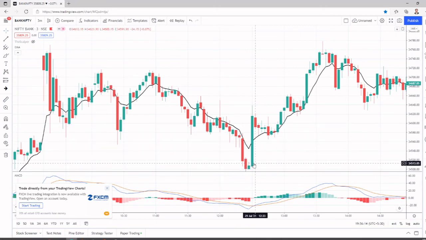So now again we need to go for short. This is the short, but it is false because the price didn't go down, so there is no opportunity. Now from 13 hours onwards, MACD became more than zero and is trading above zero, so we need to look for the buy setup. Now see, this is one of the buy setups.